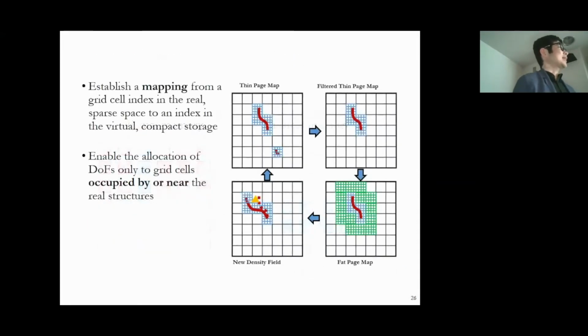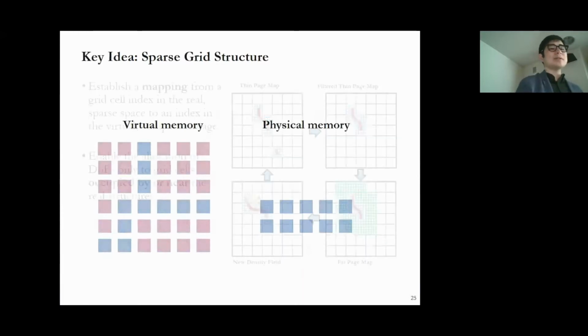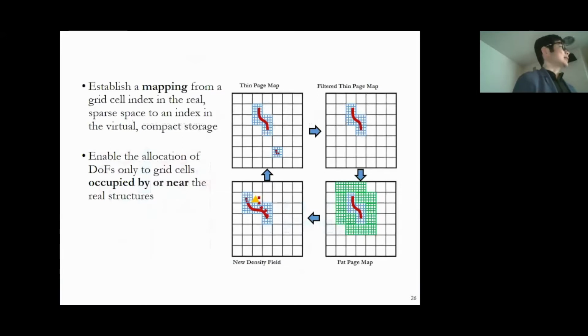Basically, in our virtual space, in our virtual memory, if we can specify the structure of volume, it can actually be compactly mapped to a physical memory by using this TLB table. So that is the idea